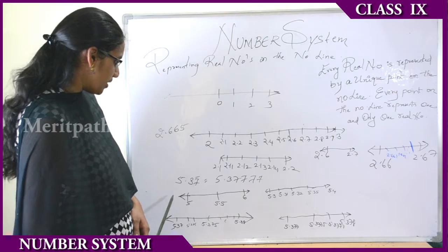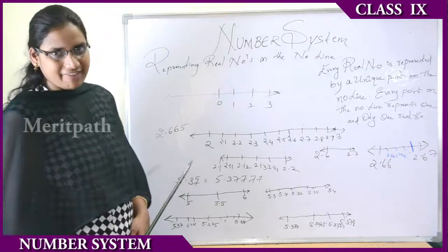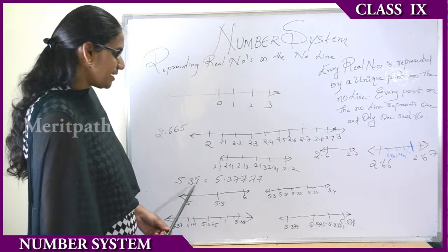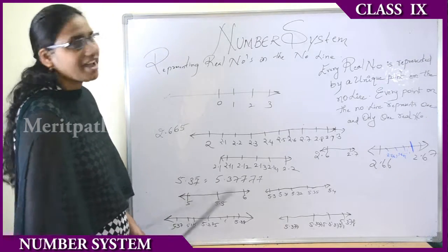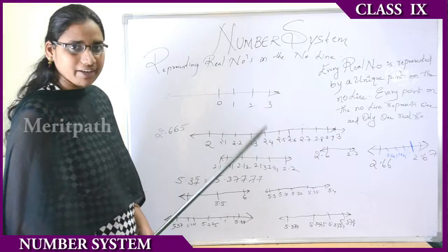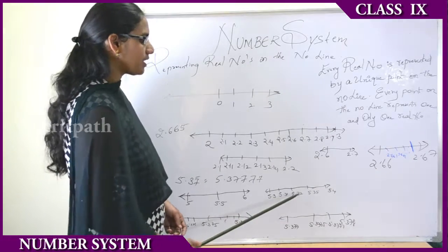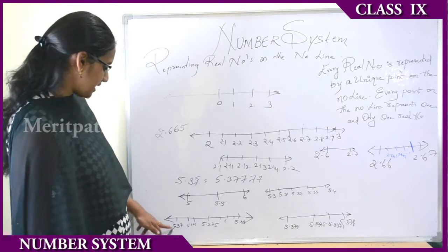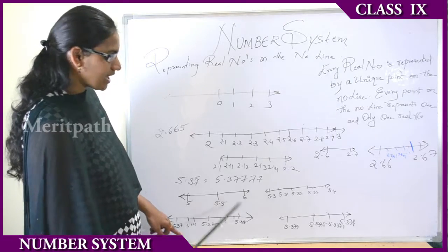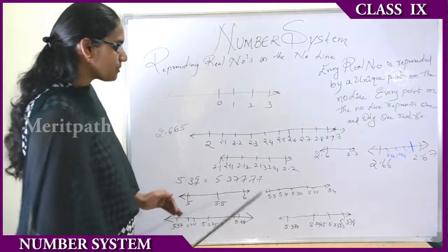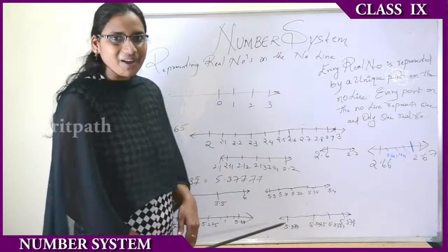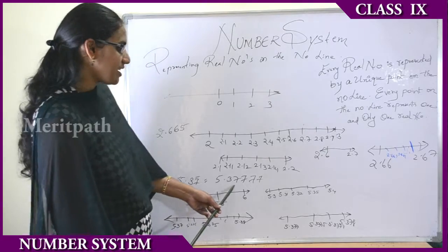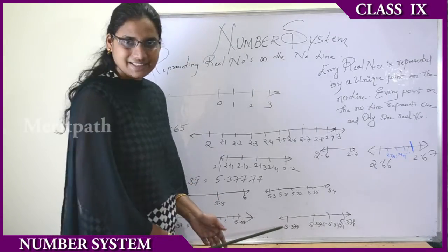Another example I will give you is 5.37, a recurring number, right? Now, it lies between 5 and 6. Next, going for another digit, it is between 5.3 and 5.4. Later, going 2 more digits, it is between 5.37 and 5.38. And going further, it is between 5.377 and 5.378. Thus, we are locating our number on the number line system.